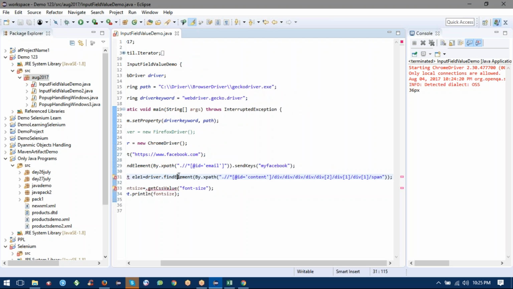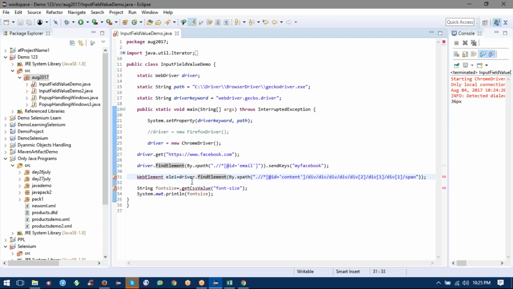You know the concept of web element, right? I am assuming that you know the concept of web element. So it is giving errors, so I am adding web element over here. You can see from here to here it is a web element, and whatever action I was performing, that was getCssValue. So it is a method present on web element. Now via le1